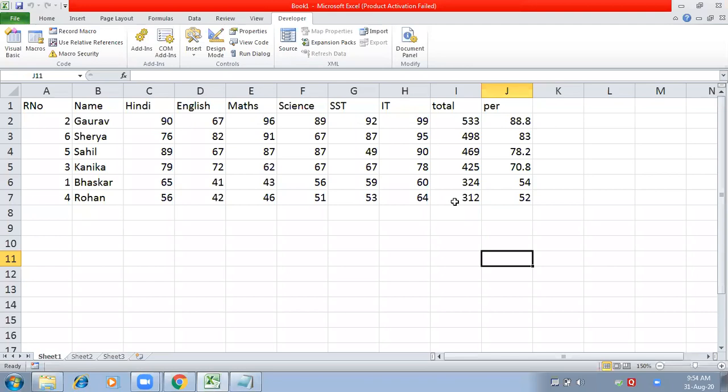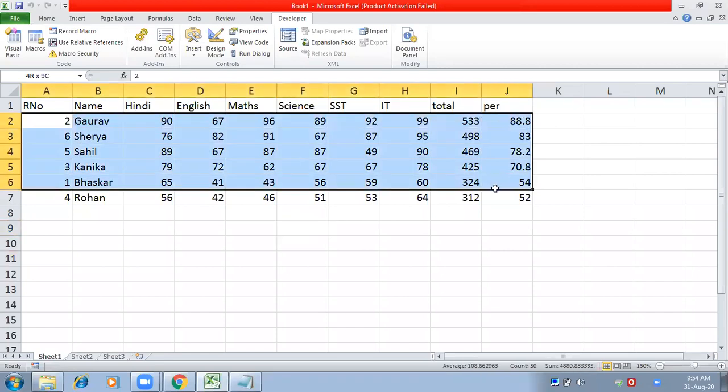So this is all I have to do. I have to start the macro recorder, and then do whatever task I wanted to perform, and after that I have to just run that macro. Now I wanted to create a button so that I can click on that button and automatically the same thing should happen. So I'm again going to undo it,